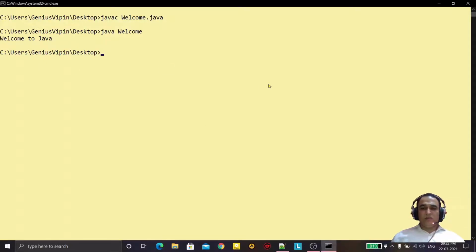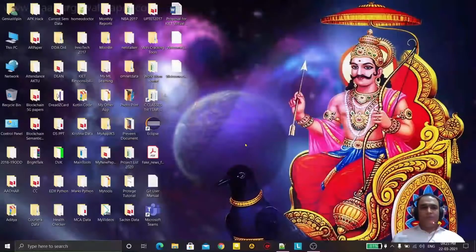So like this you can create any Java program by using Notepad++ or Notepad, your editor. But this is the fundamental first program in Java. In later programs I will use Eclipse as an IDE, because Eclipse is a very good IDE and we can do first development in Java using Eclipse. So it is better to use an IDE for Java programs, but this was the first knowledge of how we can create a Java program without using any IDE, and how we can install Java on a Windows machine.